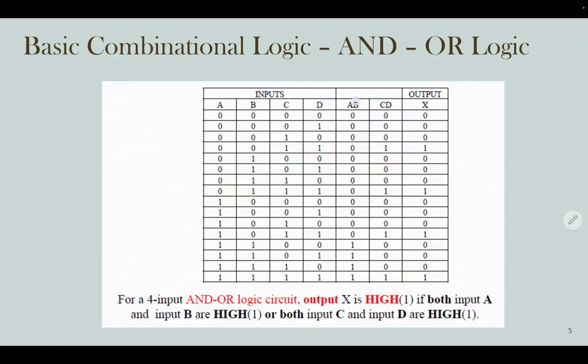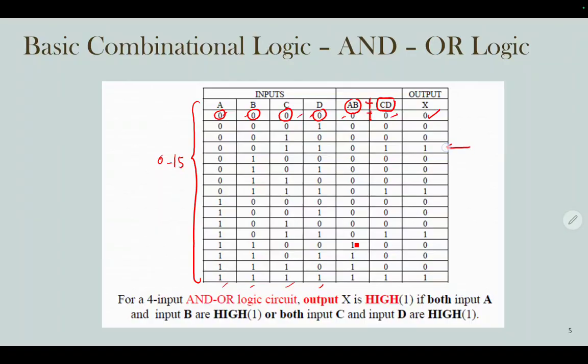So AB plus CD. This is how the truth table looks for the operation of AB plus CD. Because you have 4 inputs A, B, C, D, you are writing the binary in the truth table from 0, 0, 0, 0 until 1, 1, 1, 1. So you are counting from number 0 until number 15. So A times B, for example, A 0 times 0, you got 0 here. C times D, 0 times 0, you got 0. So 0 plus 0, 0.